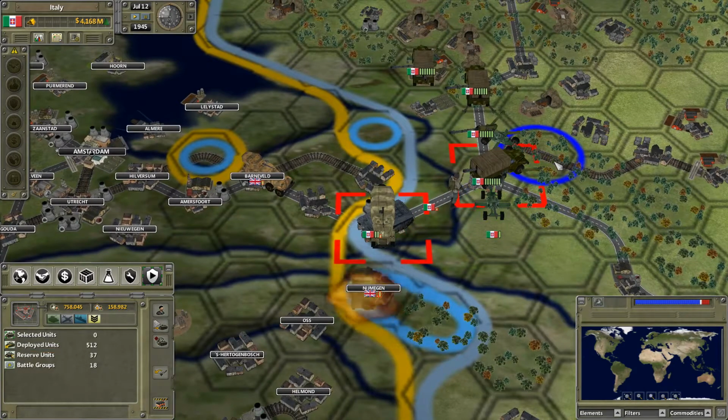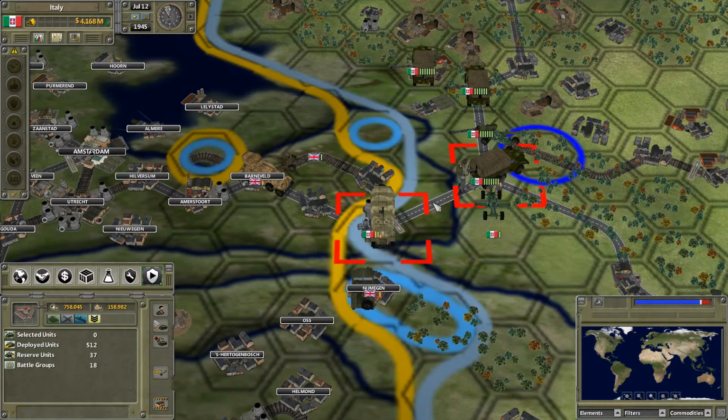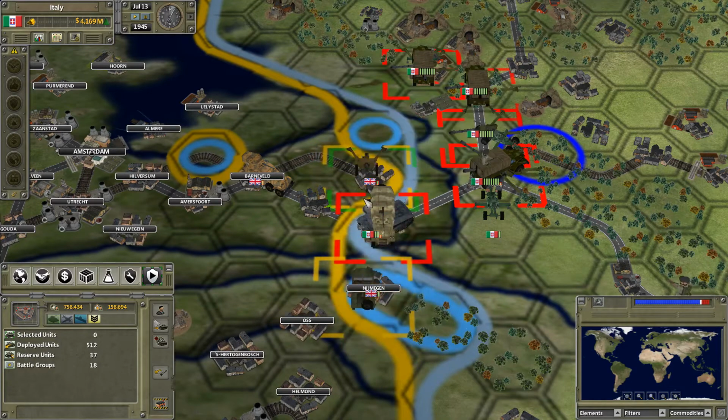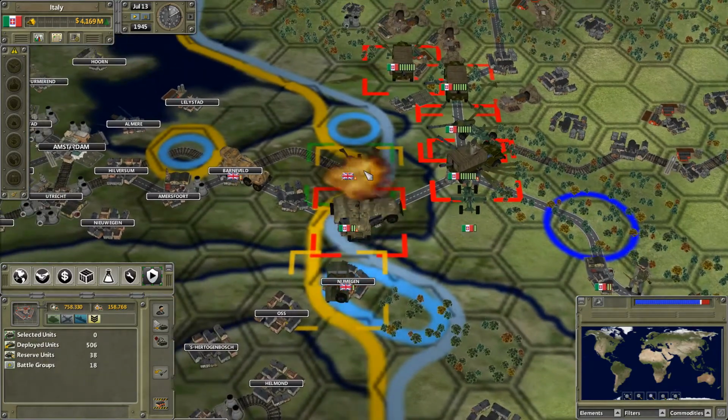God damn it. You don't need to go across the river every time. You can actually use the bridge, even though it's not a big one. We're slowly pushing out the enemies. Very slowly at that, but...